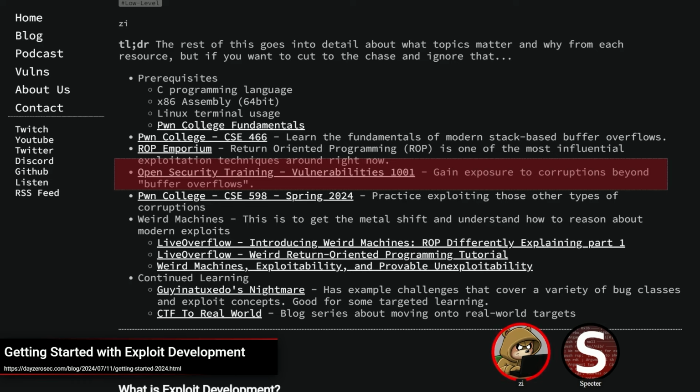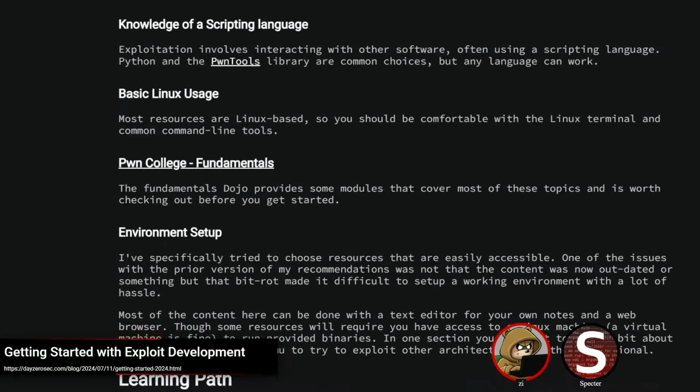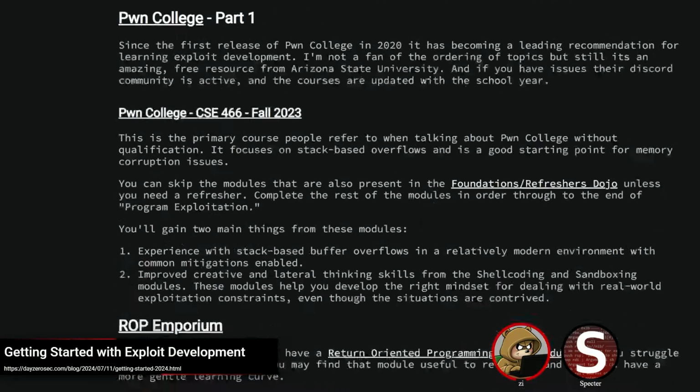Because Pwn College's core course, that 466, is really just stack-based buffer overflows all the time, at least as far as the exercises go. At one point they do talk about some other types of issues, but I don't think any of the challenges actually incorporate them. Okay, I guess there are some when you go into the kernel, they have a couple other things. There are a few aspects, but the course does not have the same breadth as the other course I used to recommend did, but this is far easier. So I've gone through and updated things, updated links to try and pull things together